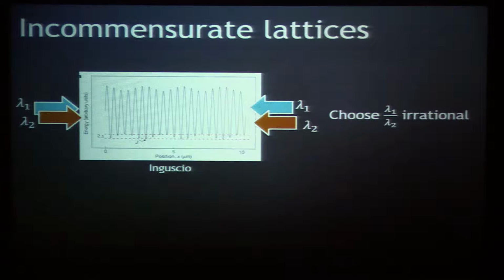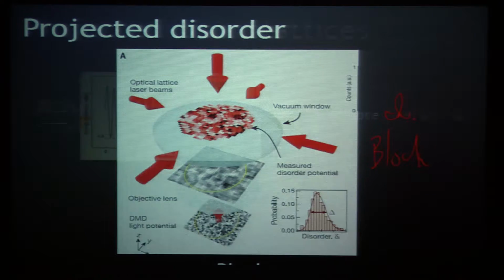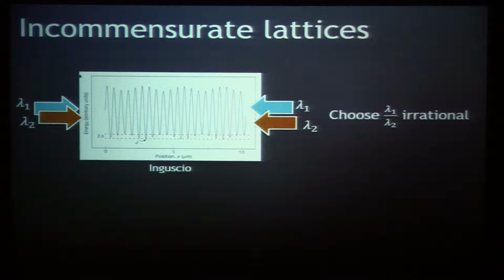Another type of disorder, quasi-disorder that people make, and a lot of experiments have relied on, is made using incommensurate lattices. All right, so one type of disorder, another type of disorder. This is many groups, and I'll talk more about this tomorrow. This is a plot I stole from one of Giuseppe's papers. Here what's done is two optical lattices are superimposed where the wavelength used to make the lattices, and hence the lattice periods, are incommensurate. They're related by an irrational number.